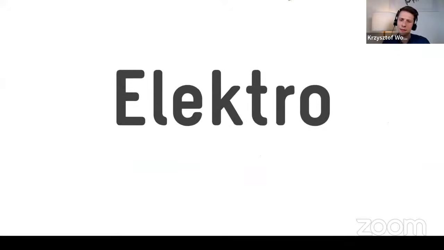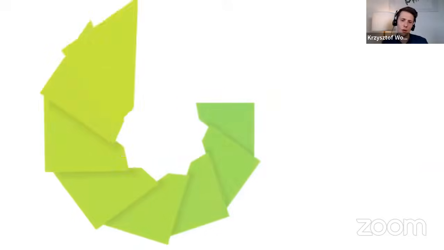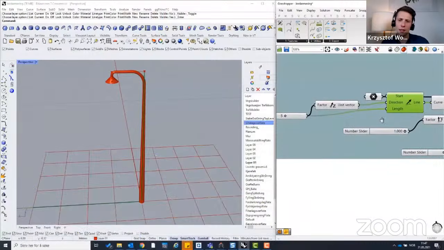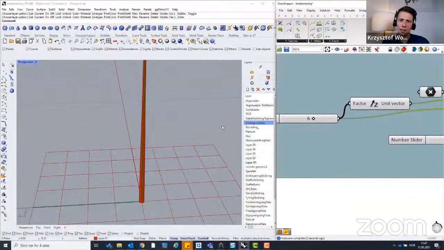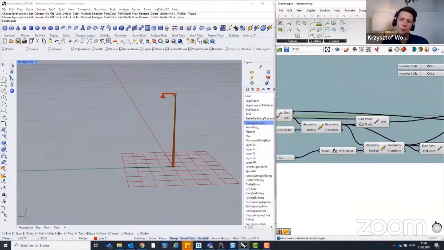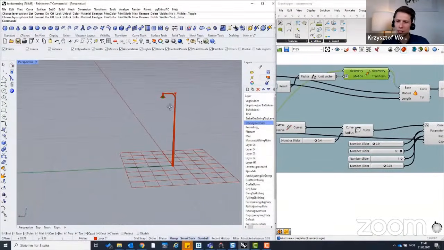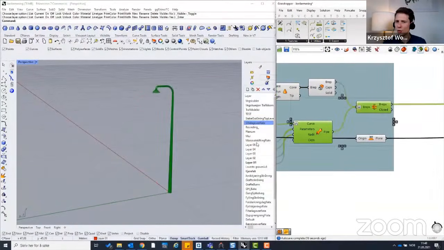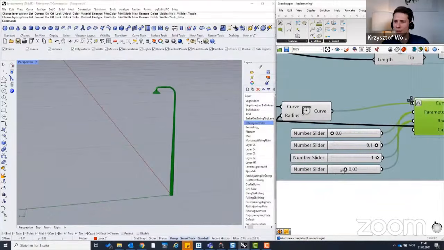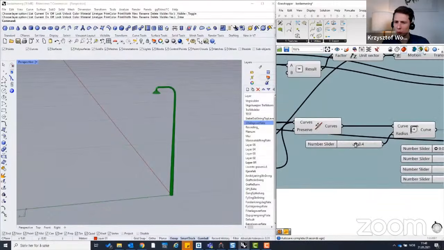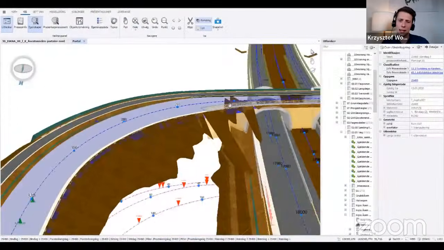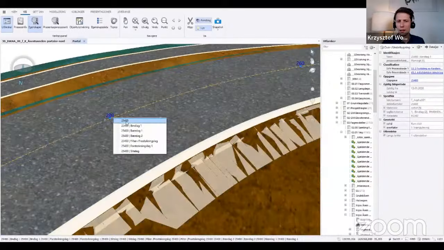The next discipline, electro, is coming to be used more and more, especially in infrastructure projects, and in buildings as well. Here is just a definition of the lightning post. Of course, you can have lots of products, however I made just one example of a lightning post for fun. You can create your own geometry, however you define it. Maybe you can also download some from a supplier's website, and that lightning post can be applied through Quadri,